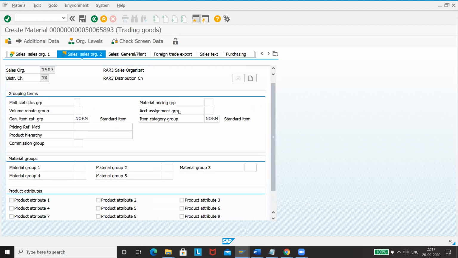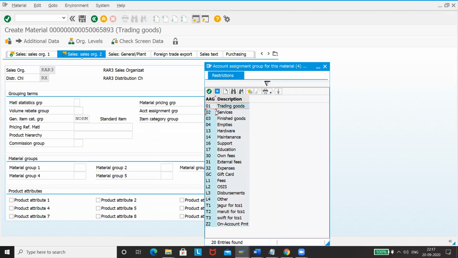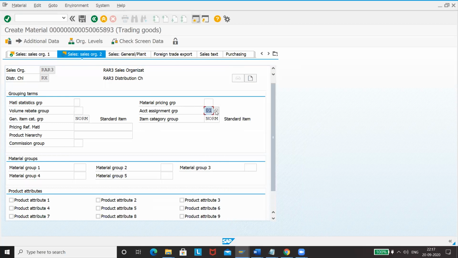Based on this only, we'll go for integration. So if you see this one, there are various account assignment groups: trading goods, services, finished goods, these things. So we'll take trading goods since it is trading good. Please take this one as trading goods. Go ahead.